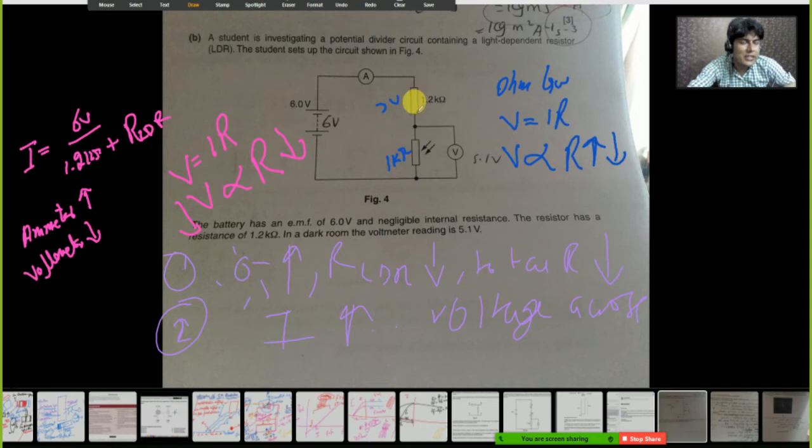But the increase in current will also occur across this resistor, so huge voltage will drop across this resistor also. No, no, no. This is not like that. The 1.2 kilo ohm is near to the voltage supply, so it will drop. If it is present over here, then the same situation will also occur. Actually, this will take that amount of voltage which this resistor can afford.